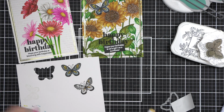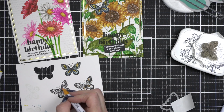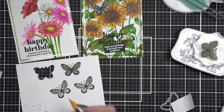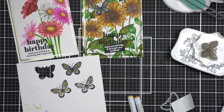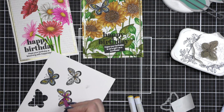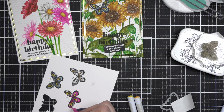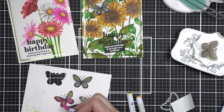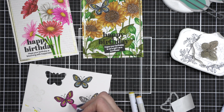So here, I started the second one and I was almost going to use mustard again, but I'm going to switch to bright yellow and yellow instead. It's going to look a lot better, I think, for that daisy card. And then my bright pink, dark pink and pink for the rest of the butterfly. So once we have this colored, we will die cut this butterfly and then secure each of these to the